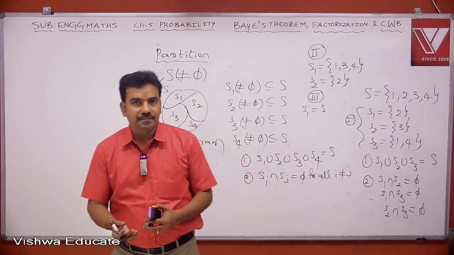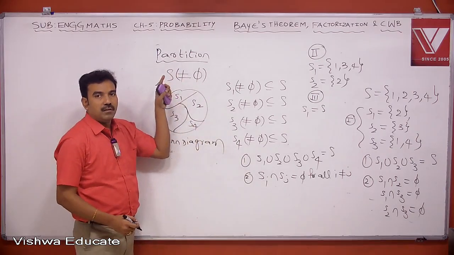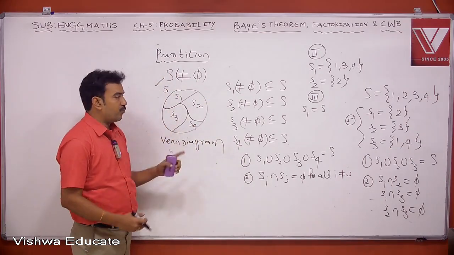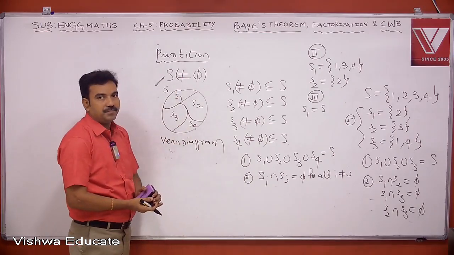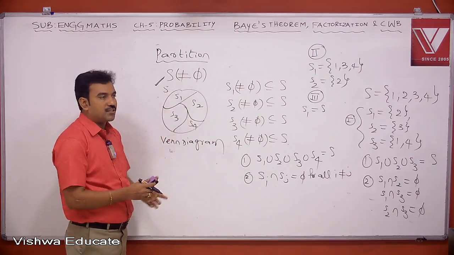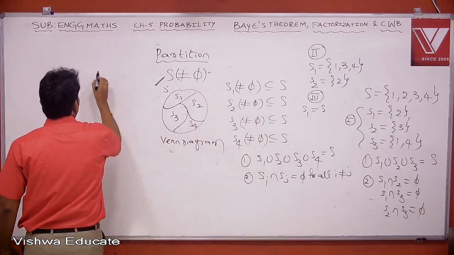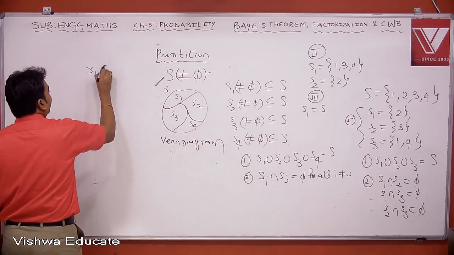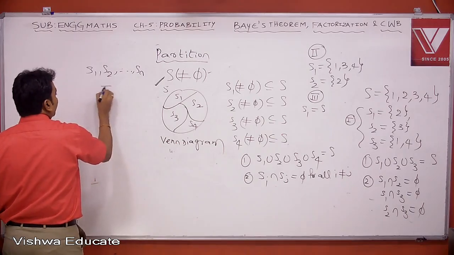Next session. Let us discuss partition of a set once again, and then we note these points. Suppose we have a non-empty set S. So I need to discuss the partition of this. The partition of this S is defined as a sequence of n number of non-empty subsets of S,